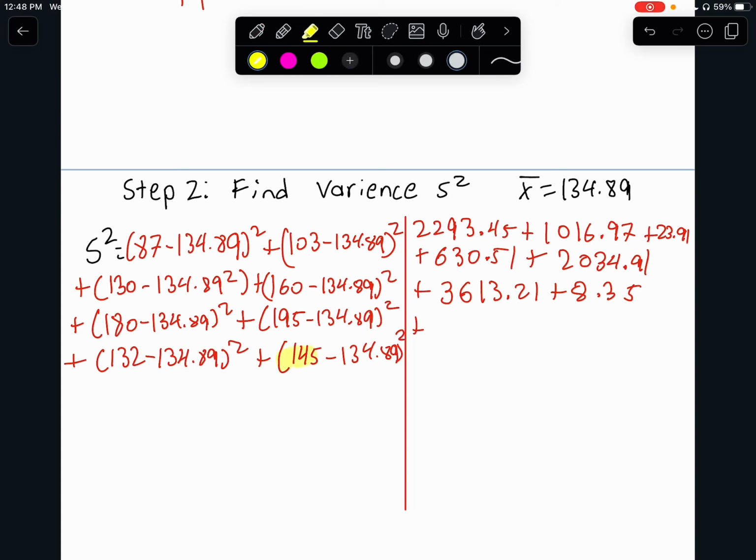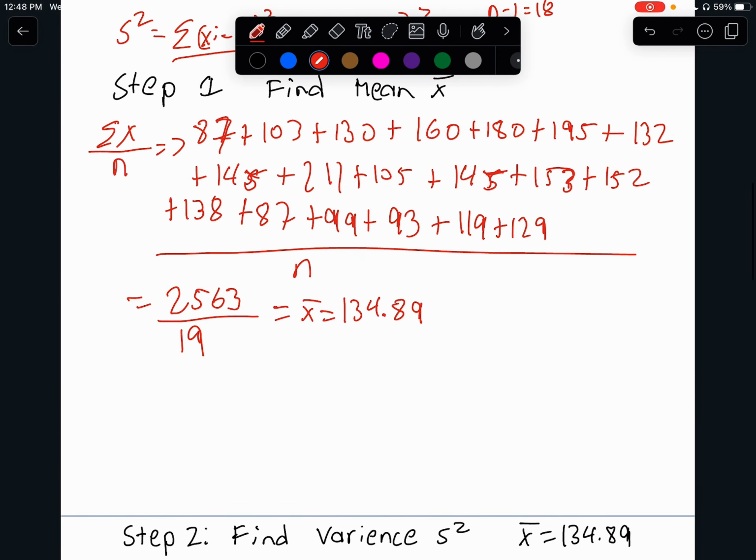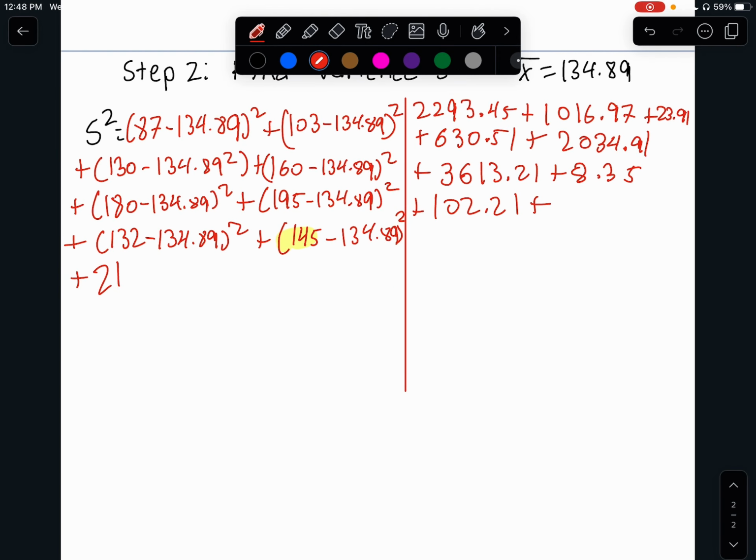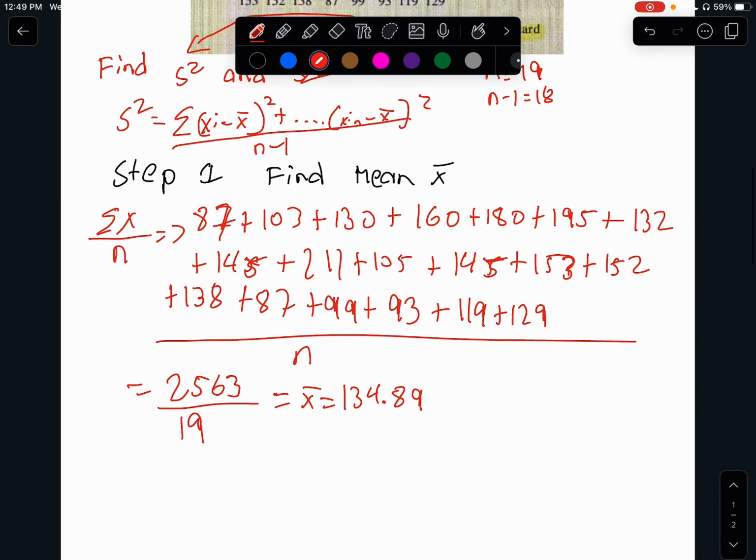Right, so we have 145 minus 134.89 to the power of 2 equals 102.21 plus next one is 211, minus 134.89 to the power of 2, we get 5,792.73 plus, right, next one is 105,